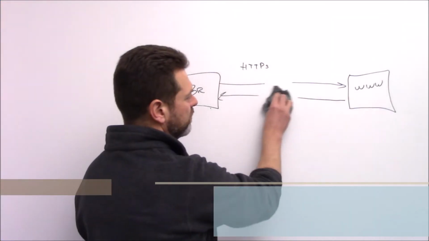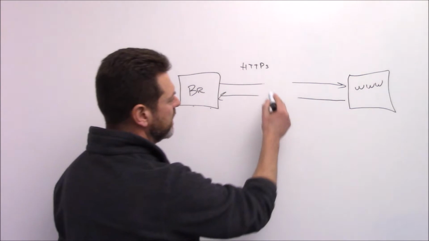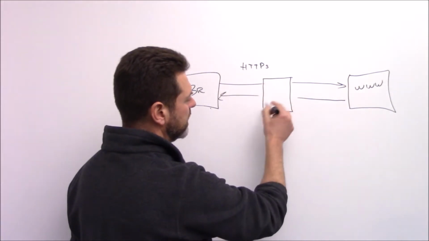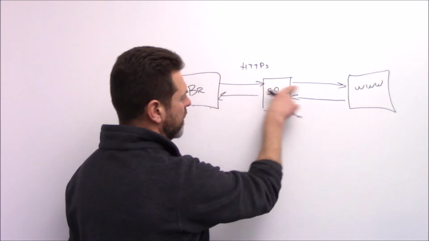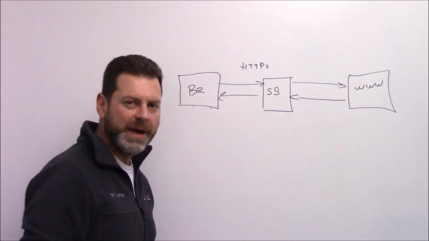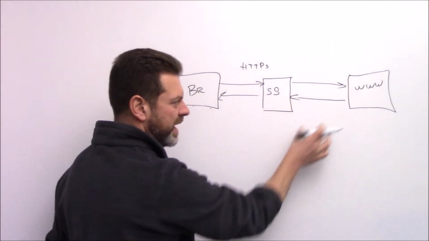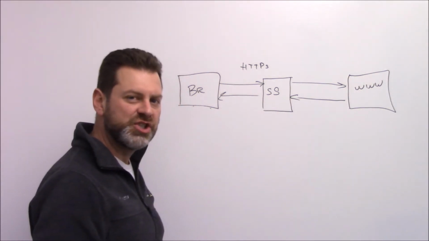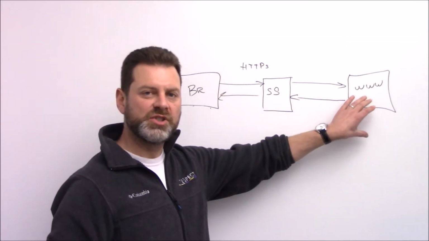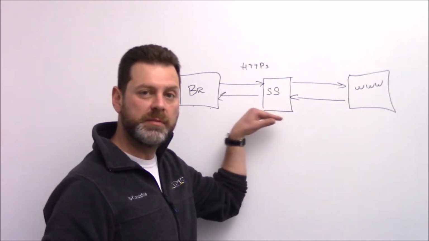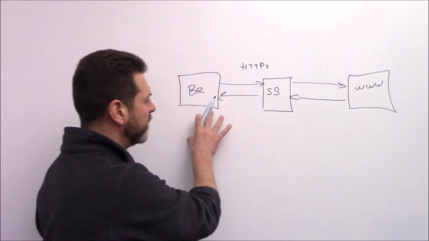So really, one of the unique things about SiteSpect is that it actually works as a reverse proxy server. In that model, you have a layer in the middle, let's say SiteSpect, and SiteSpect is proxying the request through and then proxying the response back through. And on the response flow, SiteSpect is actually pattern matching on the content and then introducing the changes, whether they are to the HTML or even to CSS or JavaScript assets that may load within the page or may actually be served from origin. SiteSpect has the ability to manipulate that payload so that when it gets back to the